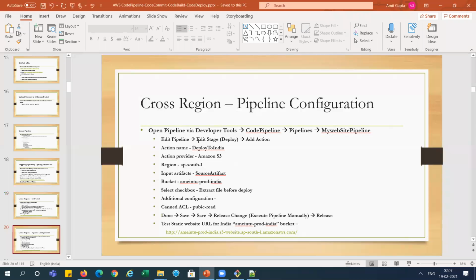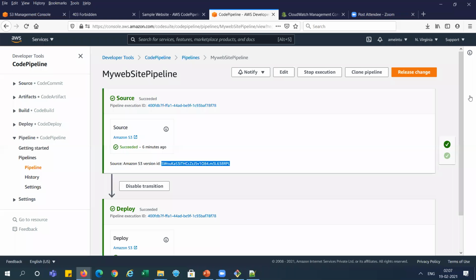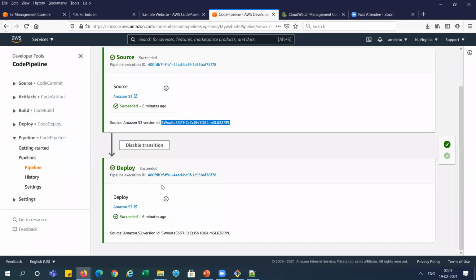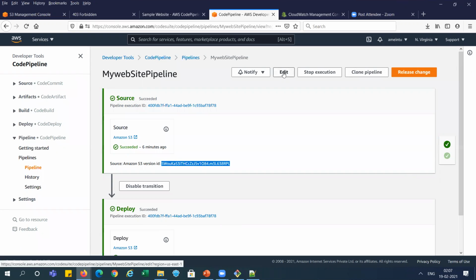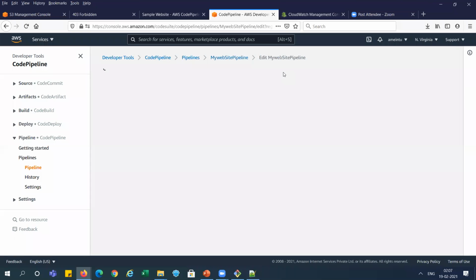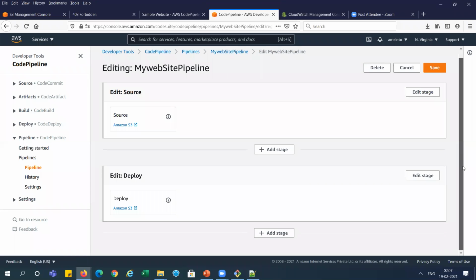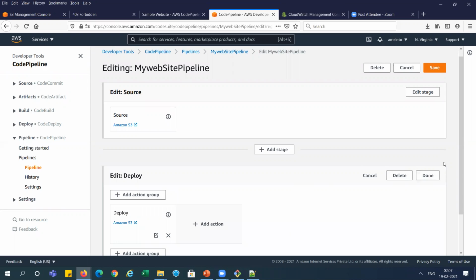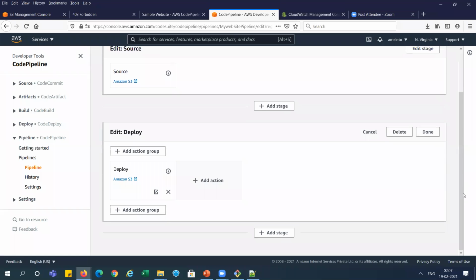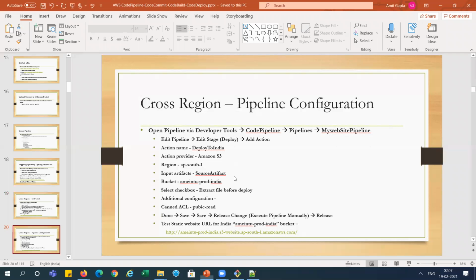Now we need to edit the deploy stage and add a deploy action. First, for editing, this is the edit button. Now it is in edit mode. Now we need to edit the deploy stage, because we need to add one more action over here.